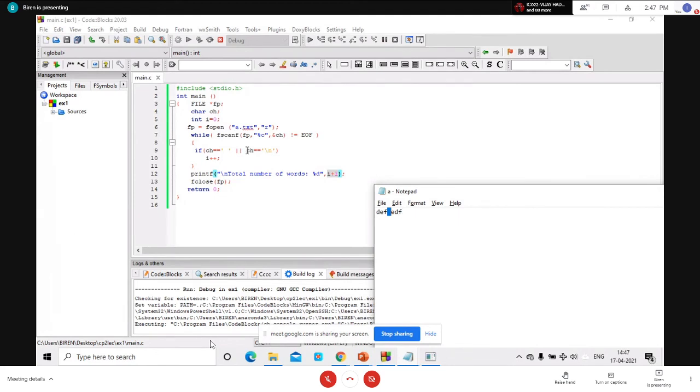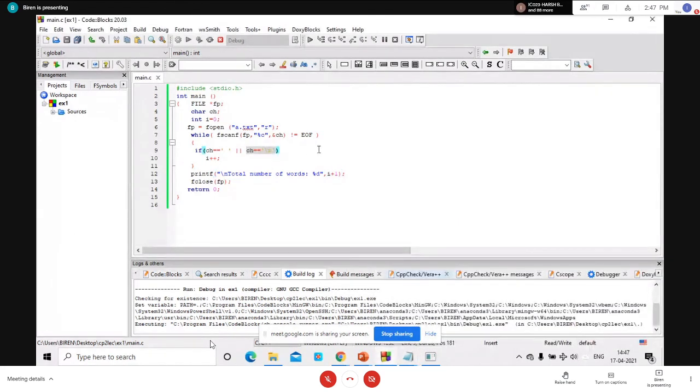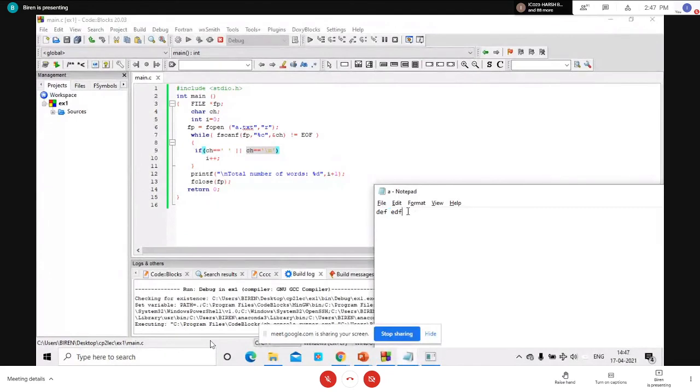Okay. But why have I used this particular condition? Because suppose you press enter and you type this. Now you can see there is only one space, but there are three words. So how to count this as a word? So I need to add this test condition, ch equal to slash n. Obviously this would be a new word. Yes or no? Yes, sir. So that's why this is the proper test condition to count the total number of words in a file.